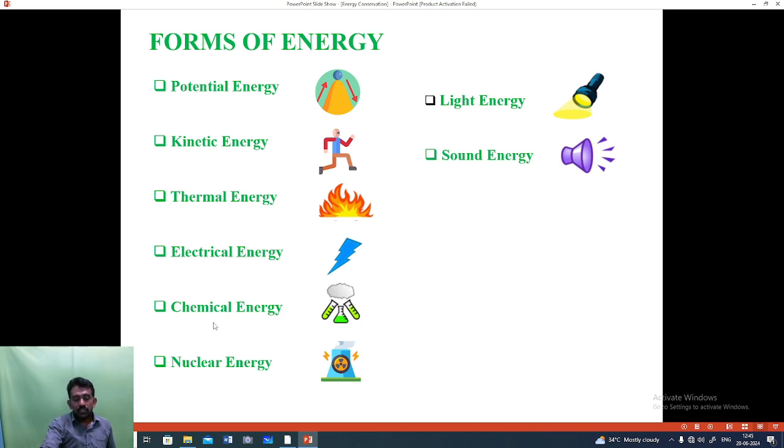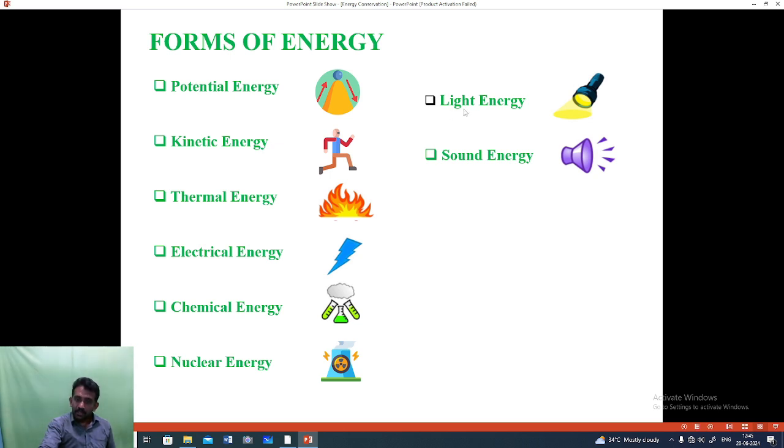And coming to the chemical energy, it is the energy that is present in fuels, basically coal, petroleum products and many fuels, ethanol. So these hold chemical energy. And coming to the nuclear energy, this is the energy of radioactive materials present in the universe, and this energy has high energy density. And coming to the light energy, light is basically a source of photons. So these photons can be used to generate electricity and used for several applications.